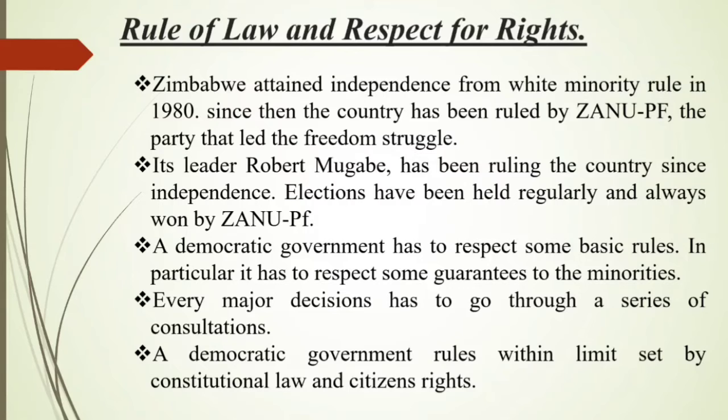This requires that the state should respect some basic rights of the citizen, where the citizen should be free to think, to have opinions, to express this in public, to form different kinds of association, to protest and take other political actions, and everyone should be equal in the eyes of law. The law must be the same for all the people, maybe a president, maybe a common person. The law must be the same for all these people, and people must have some basic rights in a democracy. And those rights must be respected by the state and by the government.